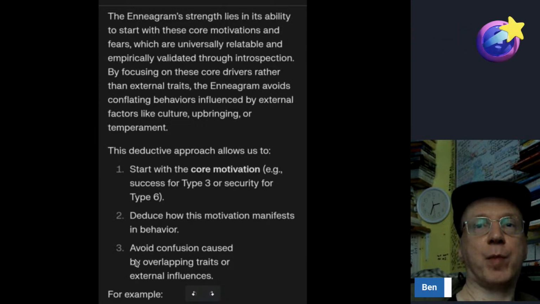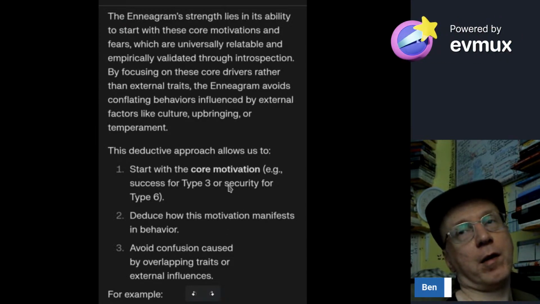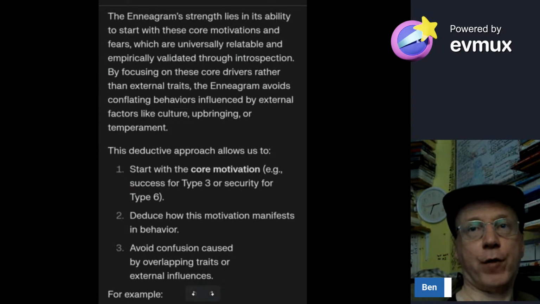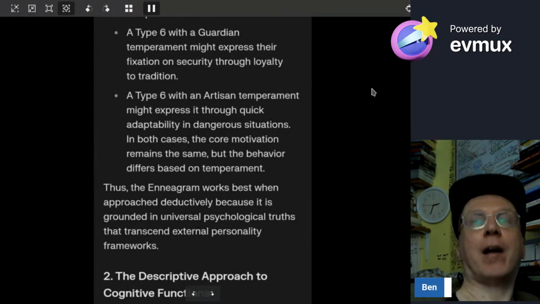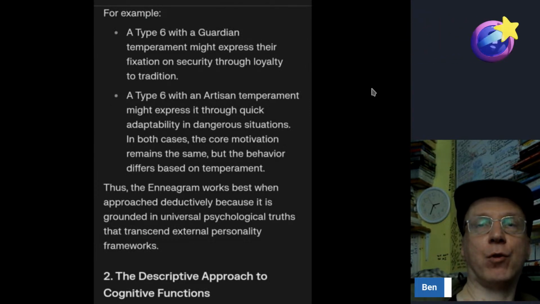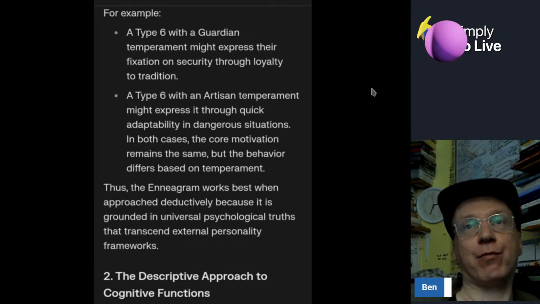Avoid confusion caused by overlapping traits of external frameworks, and even the word security, it's more away from fear sometimes. For example, a type 6 with a guardian temperament might express his or her fixation on security through loyalty or tradition. A type 6 with an artisan temperament might express it through quick